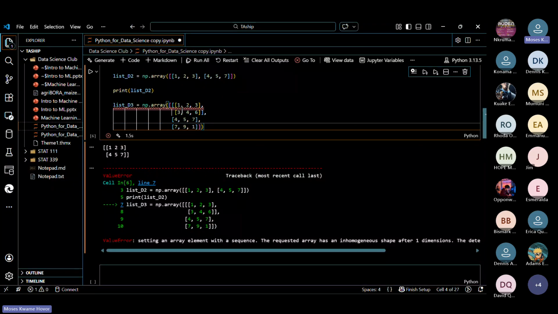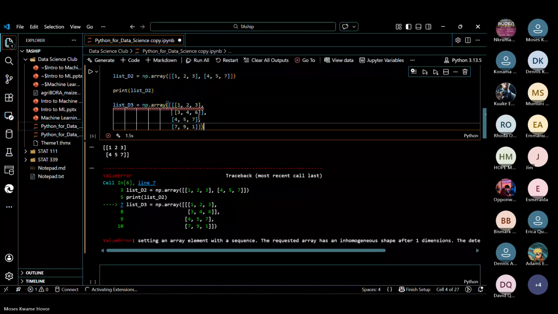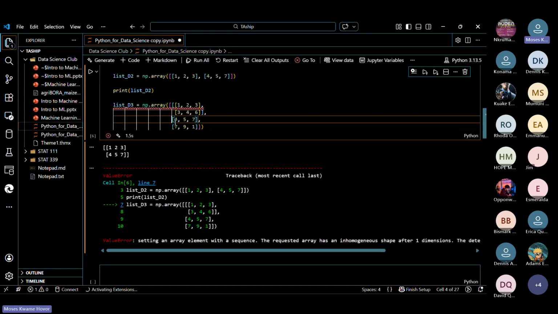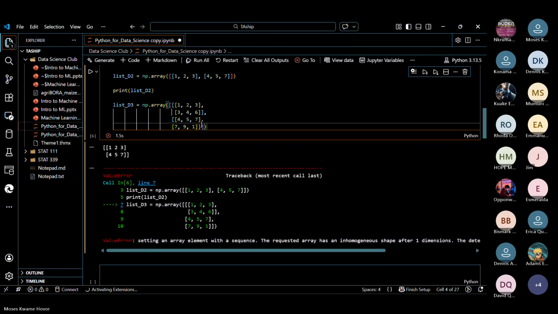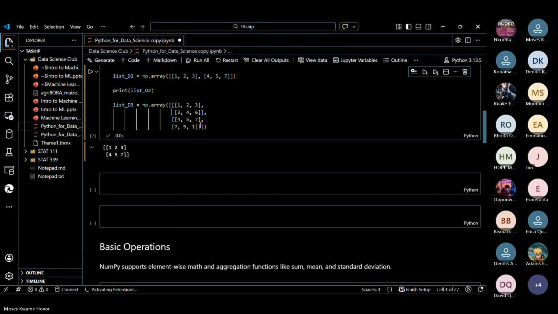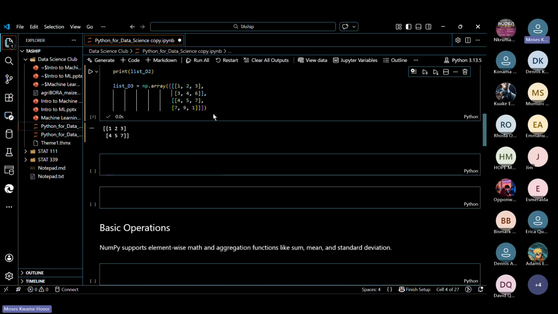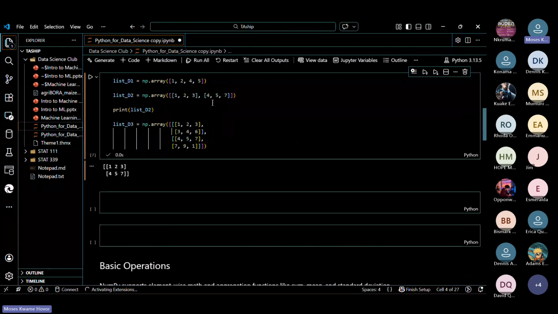Here we have 1, 2, 3. Okay, I missed one bracket here. All right. At this point, I'll pause so that you share your work in the chat box to show that you are following.